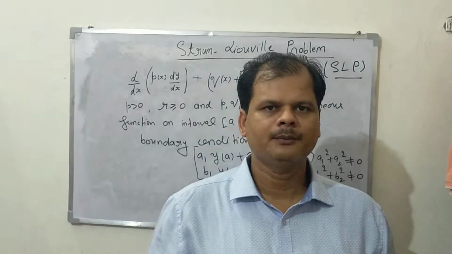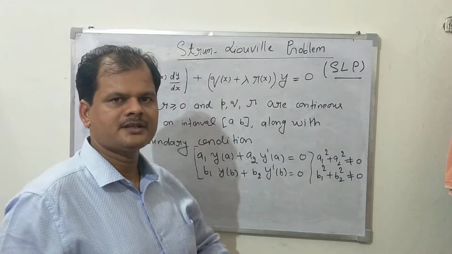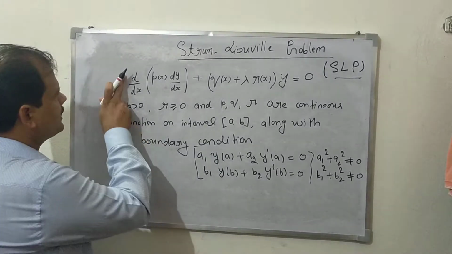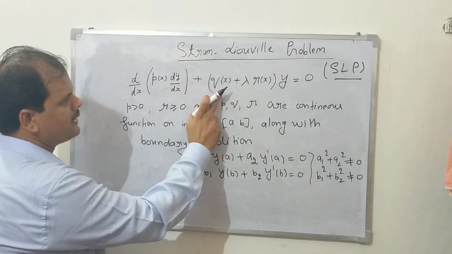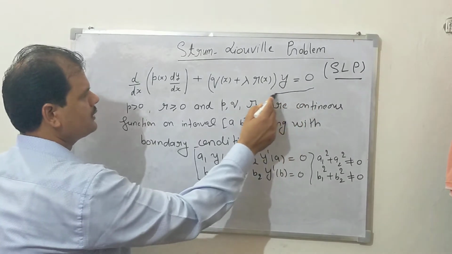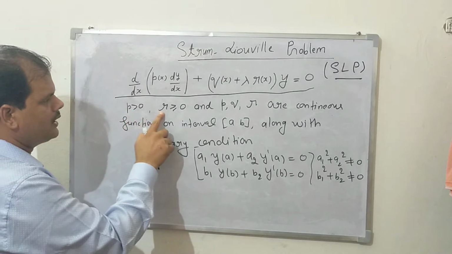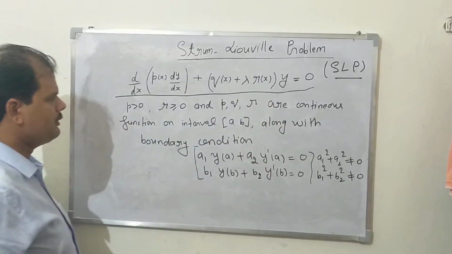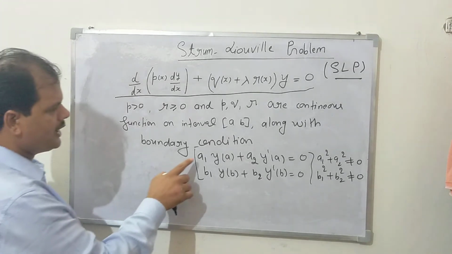In this video, I am going to explain the Sturm-Liouville problem (SLP). This is a second order ordinary differential equation. We can write it in this form: d/dx of p(x) dy/dx plus (q(x) plus lambda r(x)) y equal to 0. So this is the general form of SLP, where p is always positive, r is greater than or equal to 0, and p, q, r are continuous functions on the interval [a, b], along with the boundary conditions a1